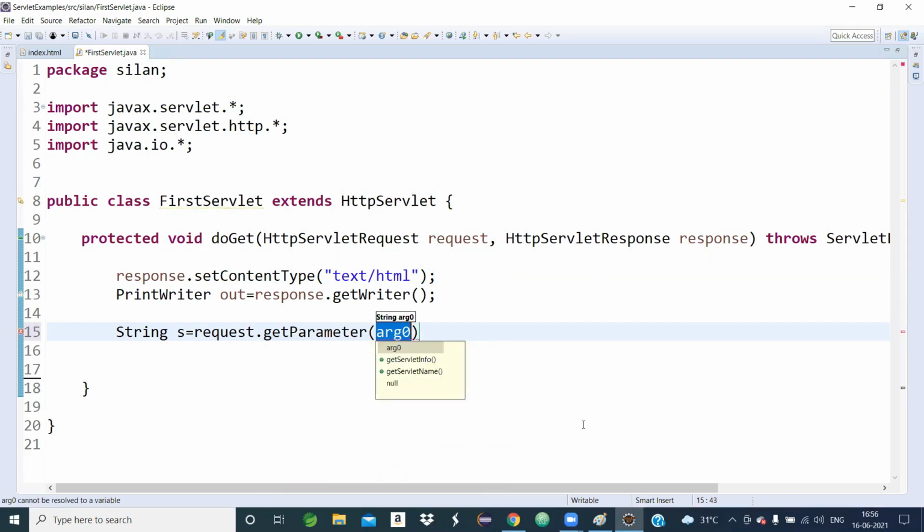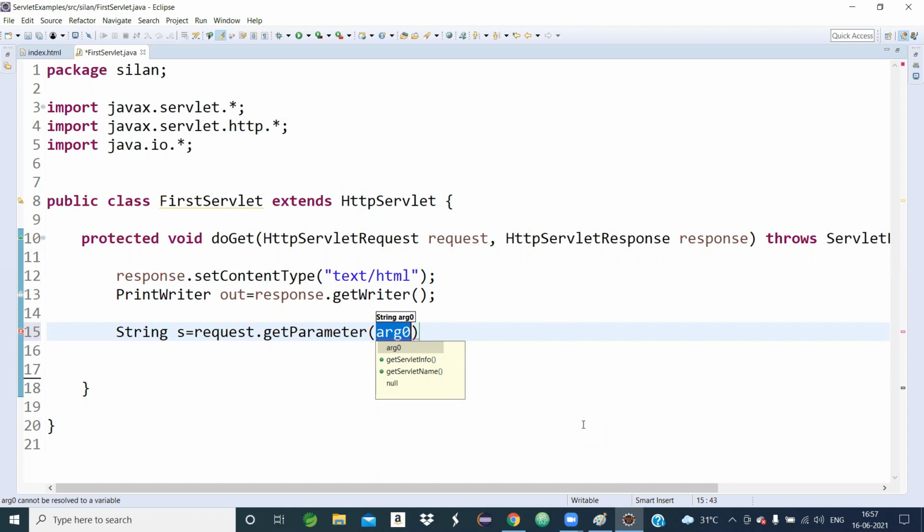There is a method named getParameter coming from the HttpServletRequest interface, so it is invoked by the request object. It returns a string value, so on the left-hand side we take a string variable.